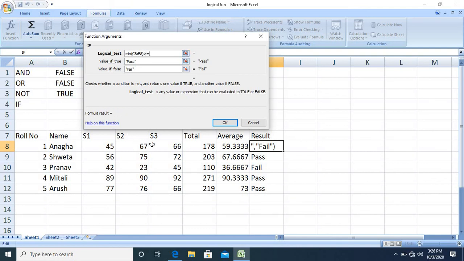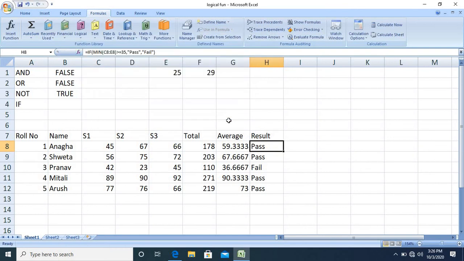This will return true only when all the marks are greater than 35. If one of the subjects is less than 35, say for example in case of roll number 3, the MIN function will return the minimum marks scored by the student, that is 23. In that case, as this returns false, the output will be fail.